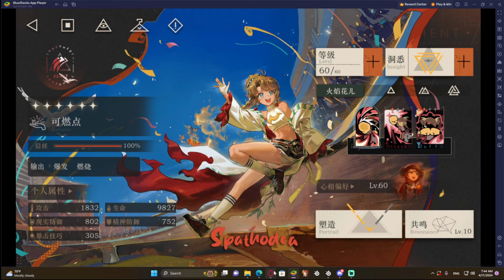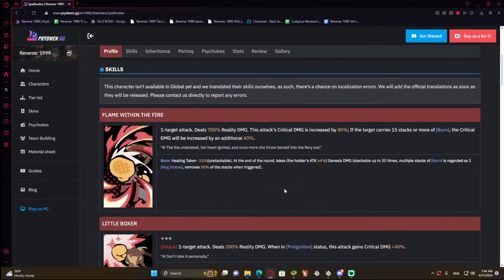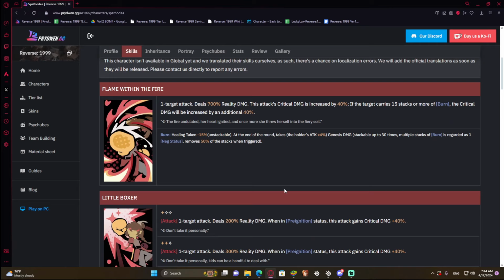But let's go ahead and get into her skills, which I'm going to use Pridwin to help me out with the translations, right? So her ultimate is going to be a single target attack that does 700% reality damage. This attack will get an increase of 40% extra crit damage. If you have 15 or more stacks of burn, the crit damage will increase by an additional 40%. So you want to get the burn stacks as high as you can on this ult. It's really hard to get 15 stacks, honestly, right now in global. It is possible, but it's really difficult,